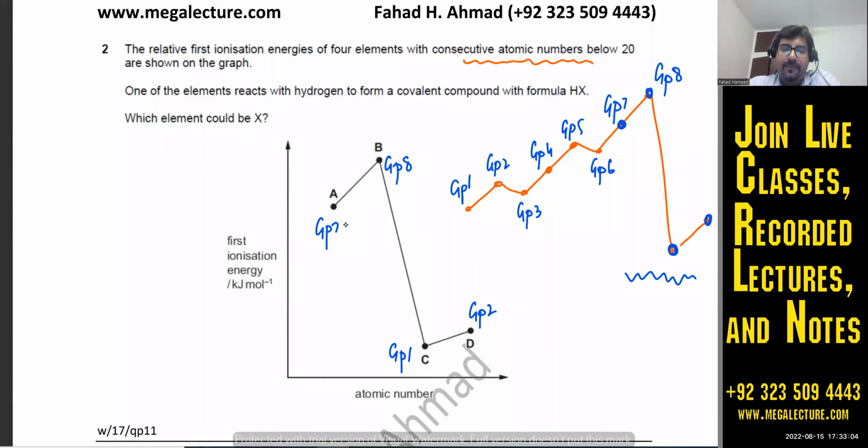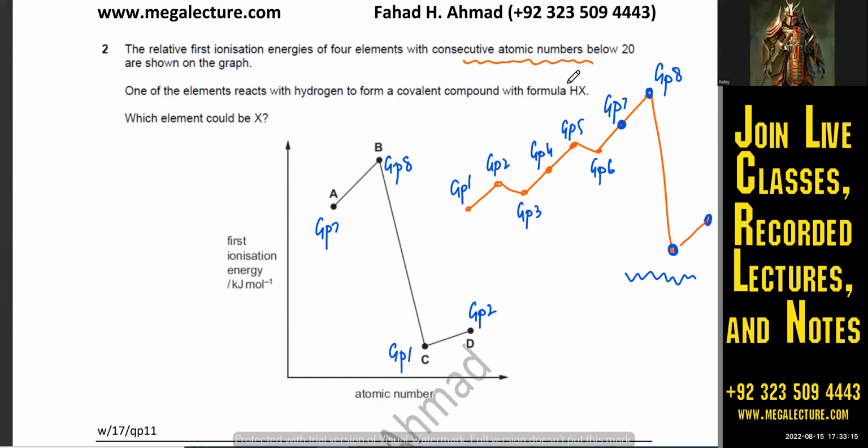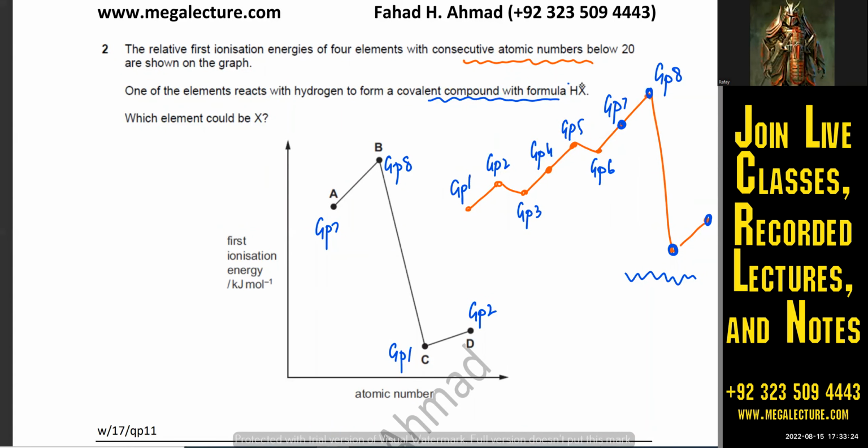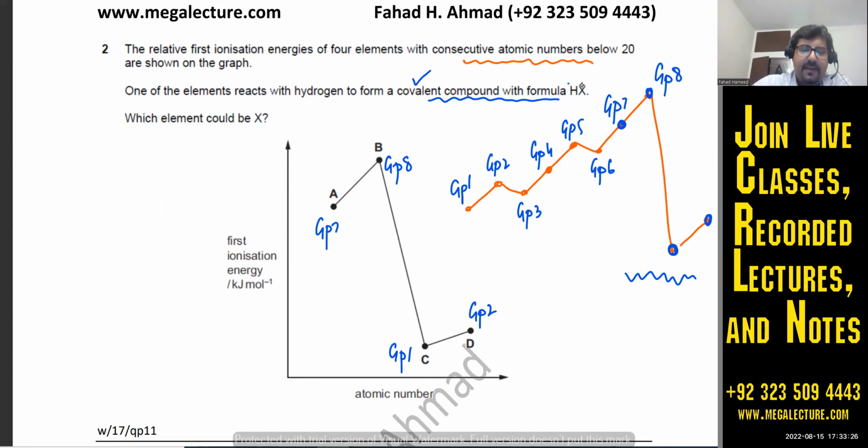group 2. Achha, so he says one of the elements reacts with hydrogen to form a covalent compound with the formula HX. So which one of these elements is it? A, B, C, D में से कौन सा होगा? Who forms a covalent compound with the formula HX? C sir, C. C. Covalent. ठीक है, C